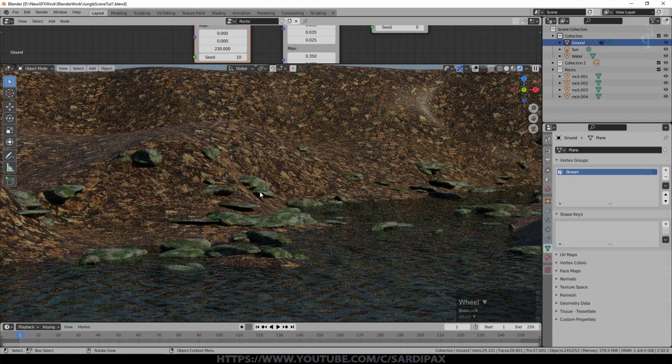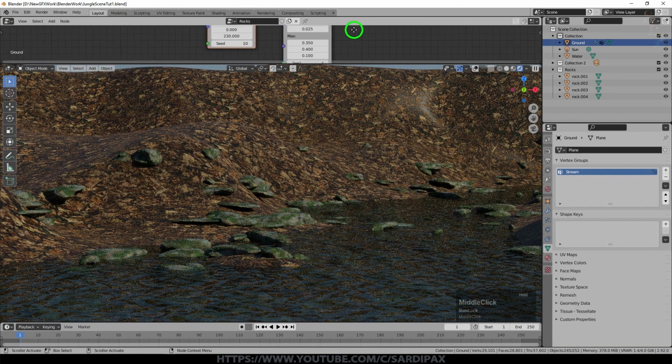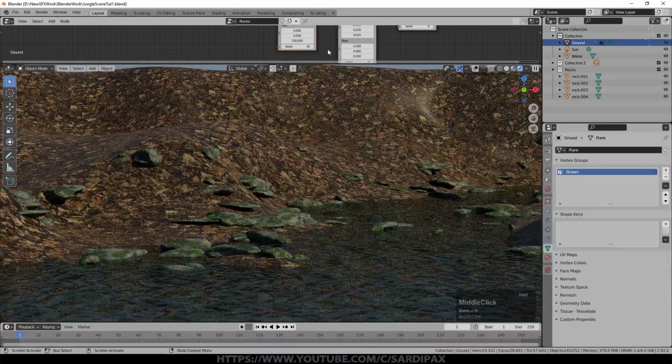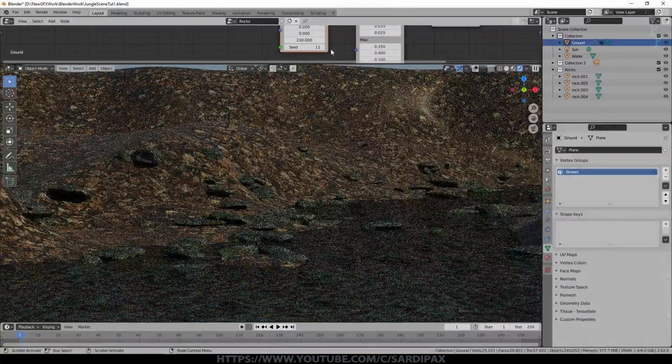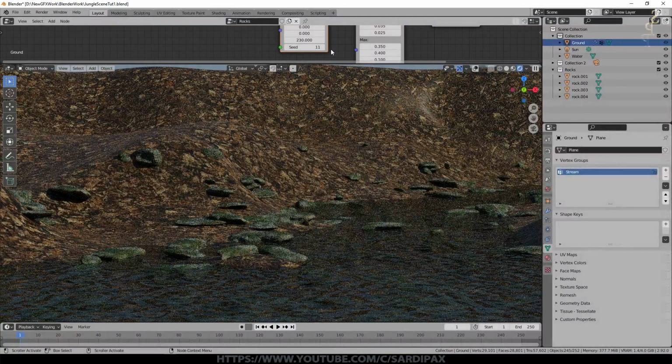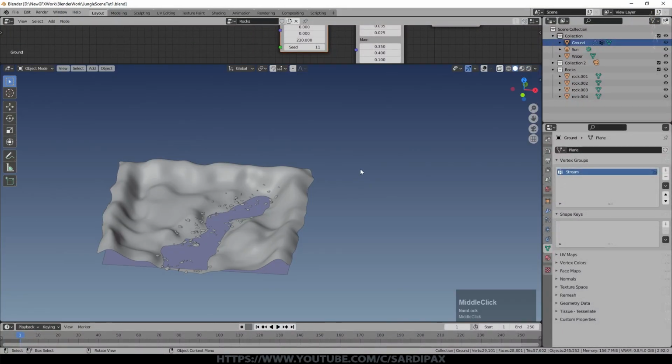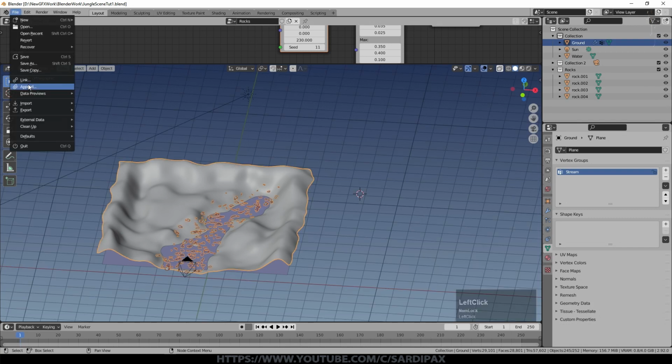And if you get a rock that's sticking up like that, you can play around with the geometry, or more simply, just choose a different seed for the distribution, and that rock will be gone. Okay, so that's a good start for our rocks. So now we can import some more assets. I'm not going to go through quite as many as I did, but I'll import a few just so that we can see what we're doing.